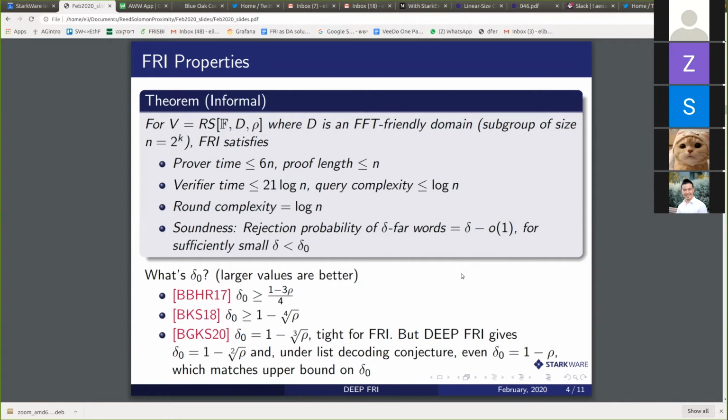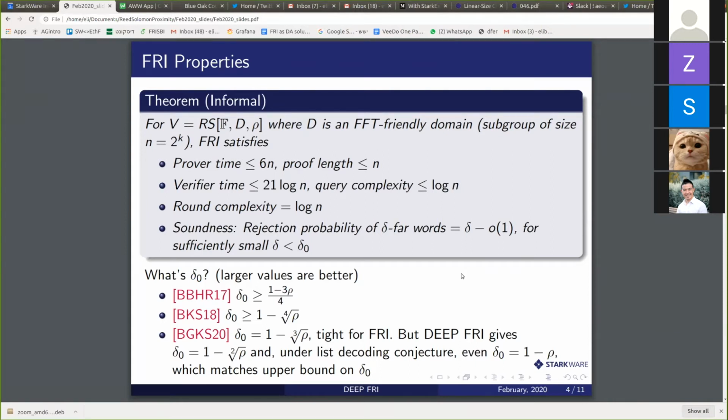What's important about this parameter, I'll soon show you some plots, is that as rho goes to 0, this delta 0 goes to 1, which is a good thing. That's the situation we want: as the distance goes to 1, your rejection probability goes to 1. So this is the first time it was achieved. But it went to 1 at a very slow rate. And then we improved it